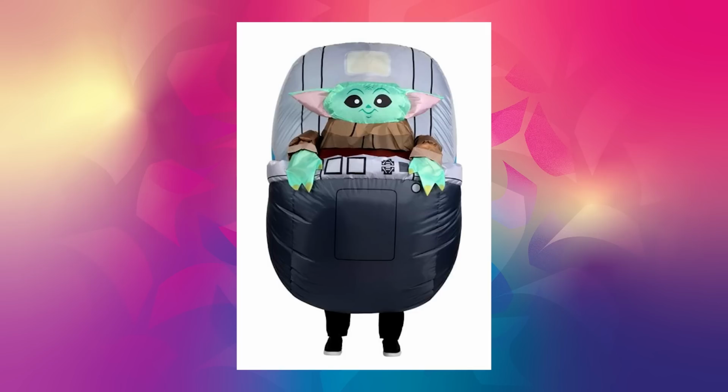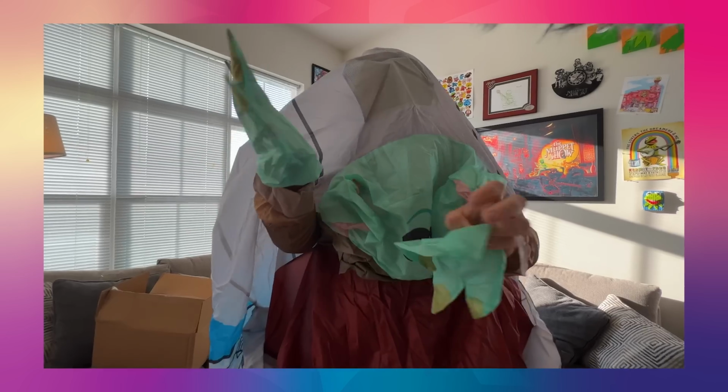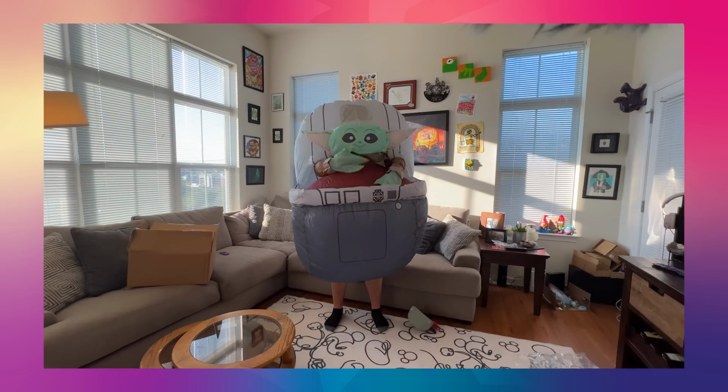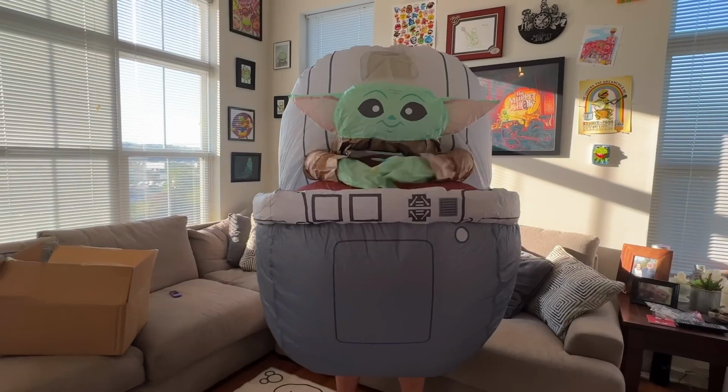This thing is bananas. All right, so you can see out of that little eye spot, right? Like there's an off-colored square on the top. That's where your head goes. And what's even crazier is it's not just an inflatable outfit, baby. You can puppeteer the arms. You put your arms inside this thing. So,